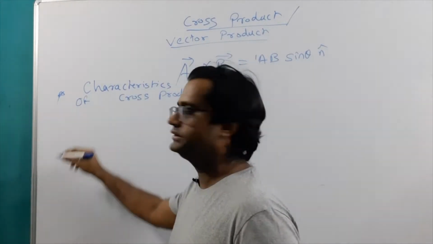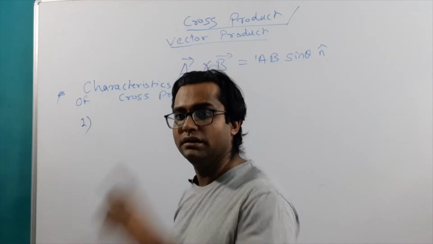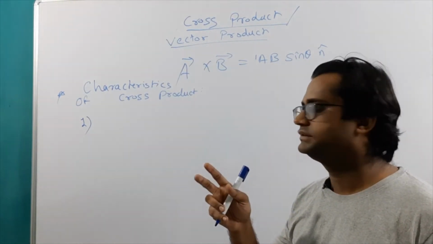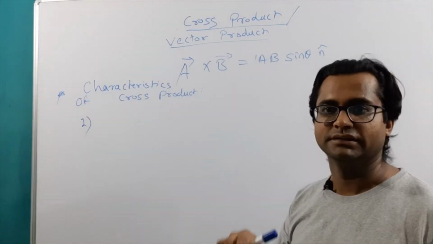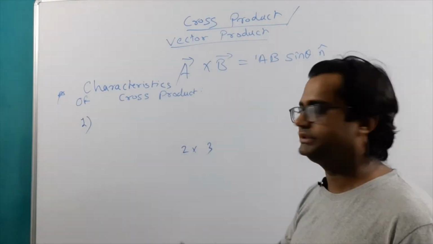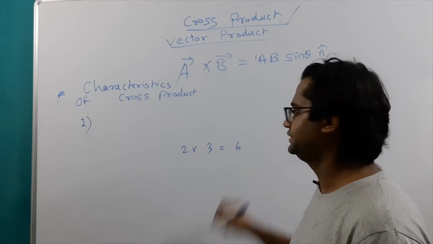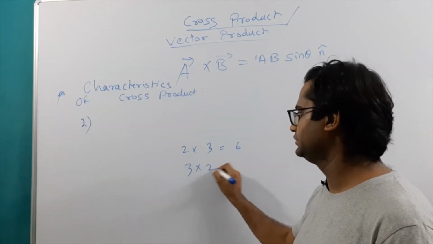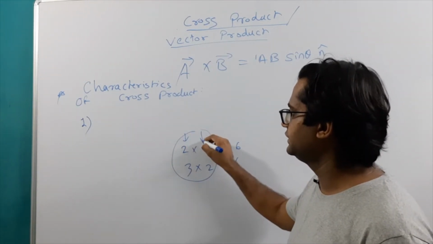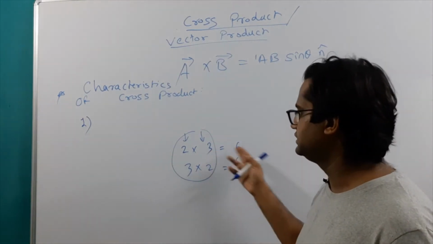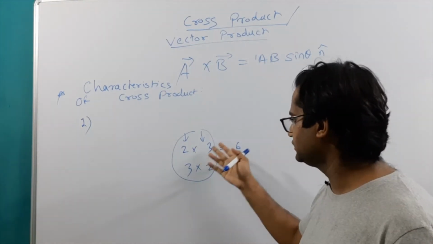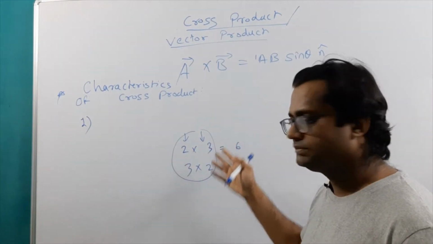Now let us take the first property. If you remember in dot product, if we change the sequence a bar dot b bar and the sequence becomes b bar dot a bar, the answer of that product remains the same. If I multiply 2 into 3, this gives you 6, and if I multiply 3 into 2, this will also give you 6. So what is the conclusion from this? The sequence of multiplication doesn't change the answer, but this is for numbers. In case of our vectors, this is true for dot product only.